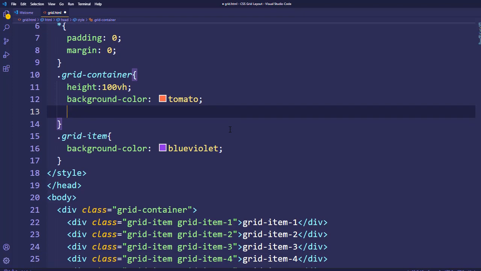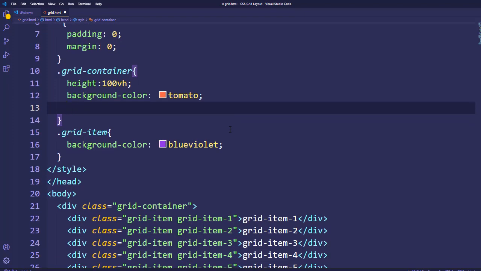First of all, to make any grid layout, you have to say display grid. And keep in mind, you can only make a container grid, because we are not going to make the elements grid, because you should have some element inside your grid. So this grid container class has these 5 elements. So we make this grid container class display grid.